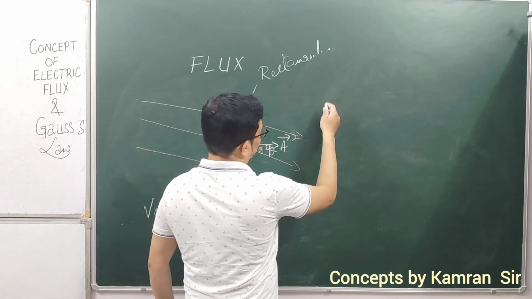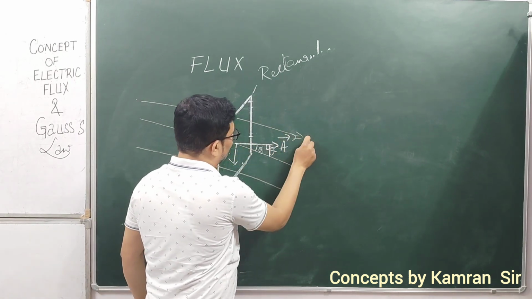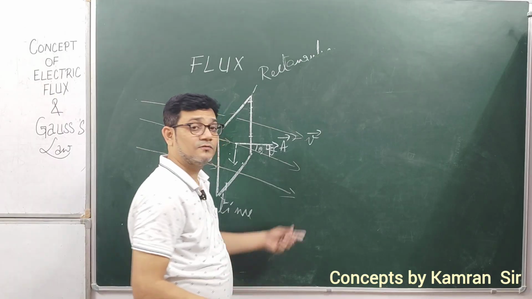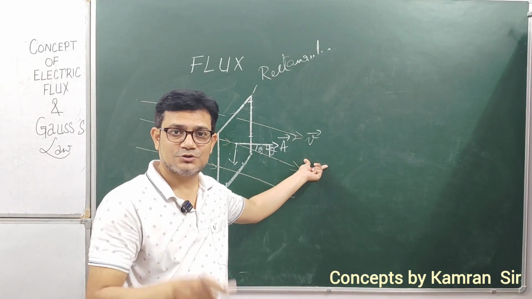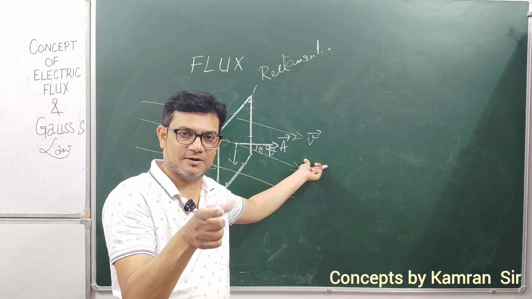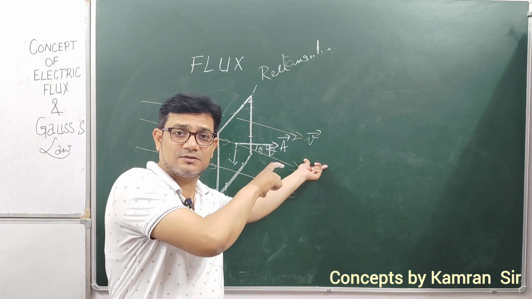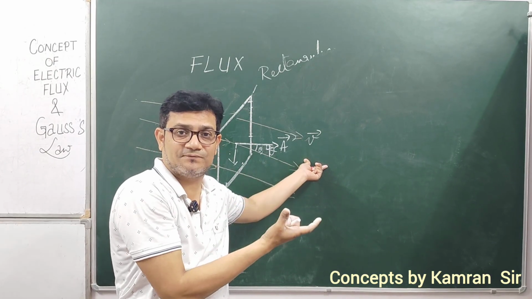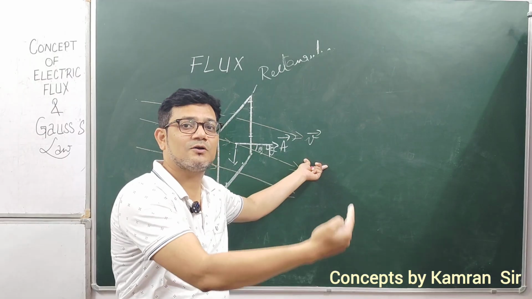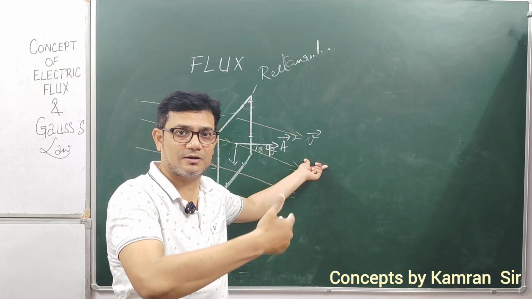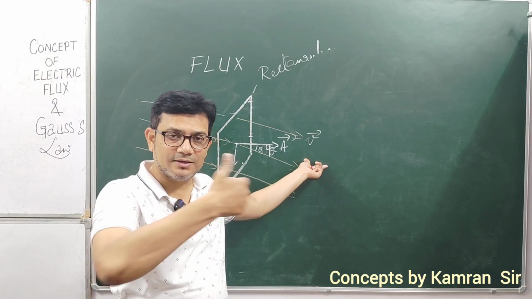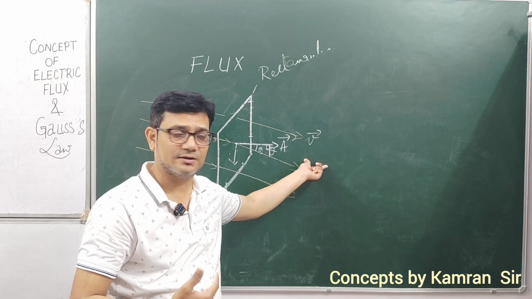But what if, instead of V, we talk of electric field? We are talking about this flux in the context of the velocity field. What if I draw the same analogy in the context of electric field,